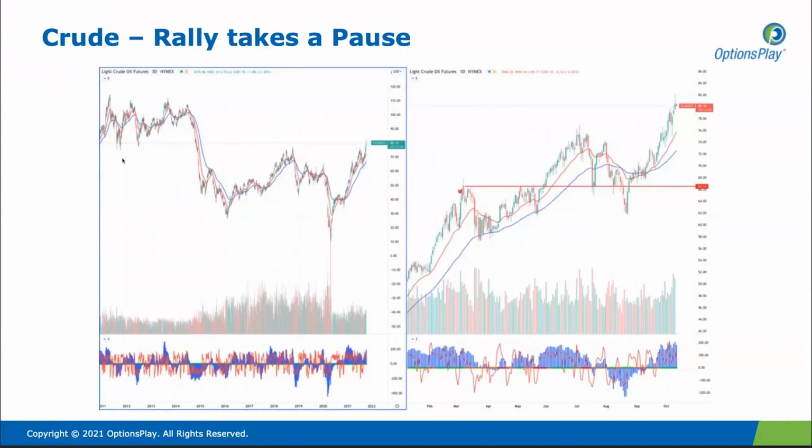And then when we look at crude, crude broke out from what has been a major support or resistance level around the $76, $77 level or so. This is a level that has held for many, many years as resistance, but has now been broken. The supply issues in crude do not seem like they're going to resolve themselves anytime soon. The rally has taken a bit of a pause over the past couple of days as there's been some consolidation, but long term, the fundamentals still point to what could be further upside for energy prices.